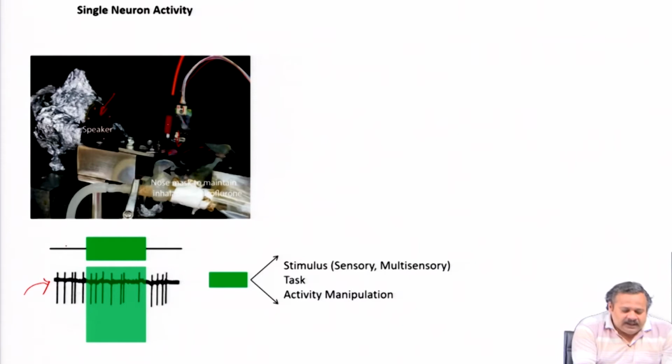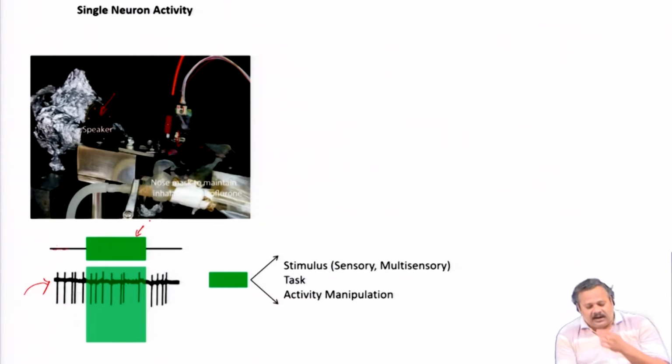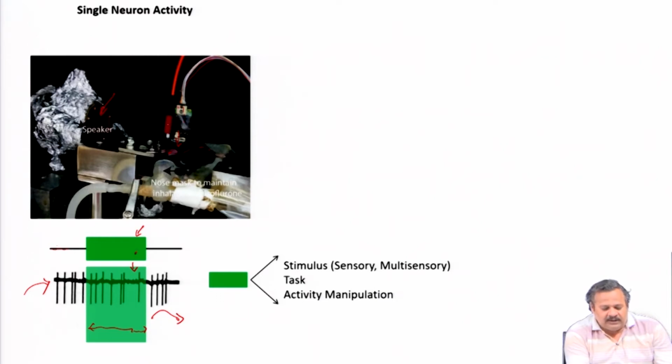Let us say that we have some baseline when there is no perturbation being done by the experimenter, and then there is this green block of event, which may be a sound playing, or, if it were an awake animal, some kind of task the animal is doing, and we have the period of spiking activity corresponding to that. It doesn't mean that the spiking only in that exact same time window must correspond to the event. The spiking later on may also be influenced by the event that is preceding it. So keeping these in mind,